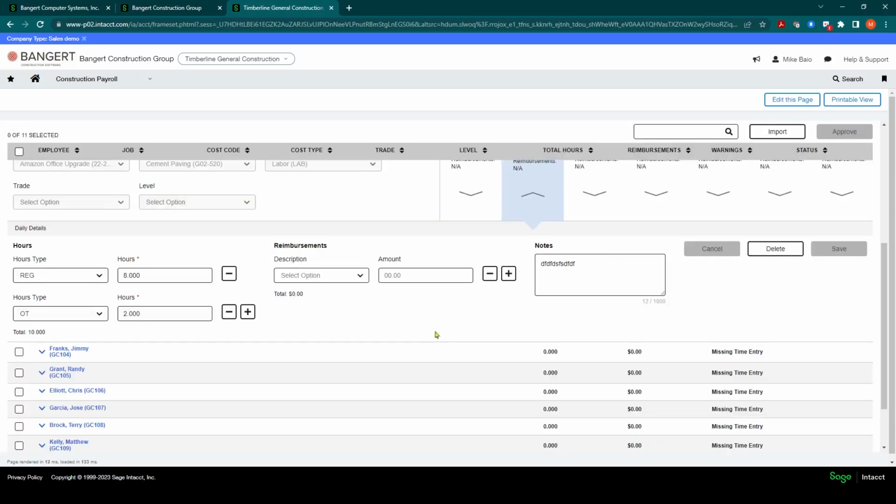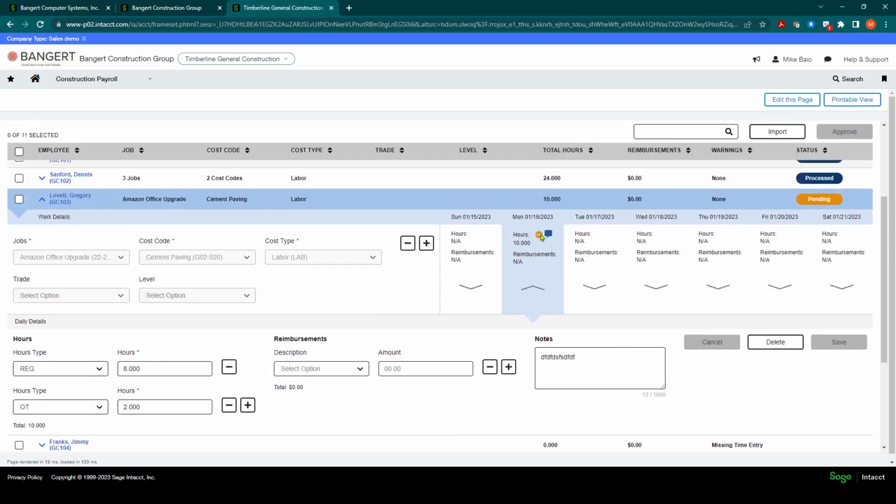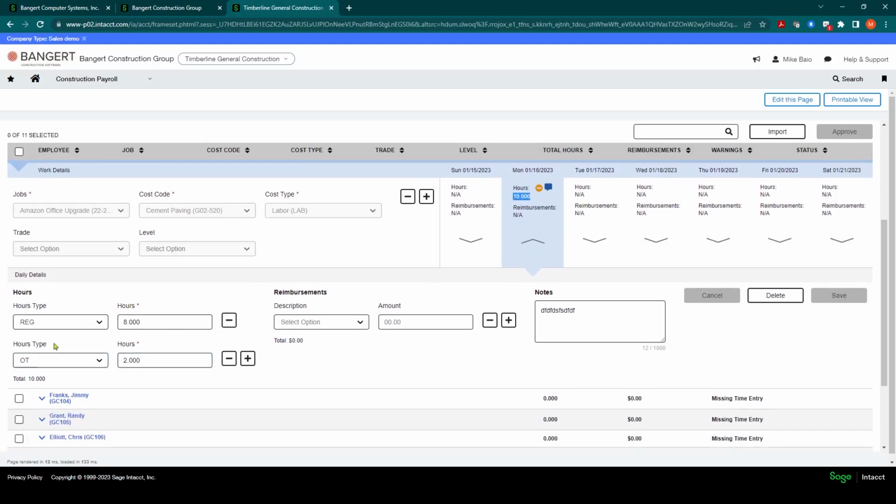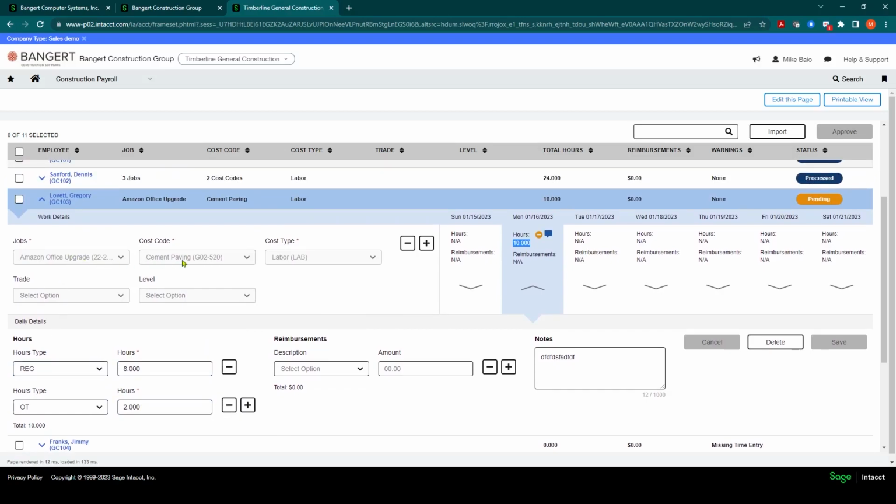Once I click Save, you'll notice it shows you the note for that day, and it also gives you a minus sign here that says, hey, there's some time on here, and it shows that there's 10 hours so far. Then you would proceed to do your next day. So if they were working on the same job, cost code, cost type, for the next day, you could leave the work detail alone, click on Tuesday,